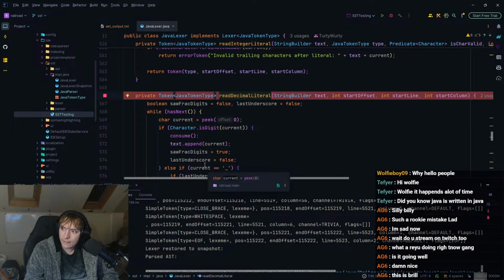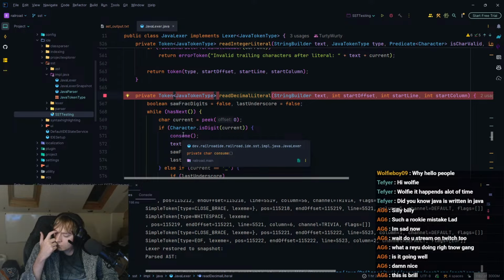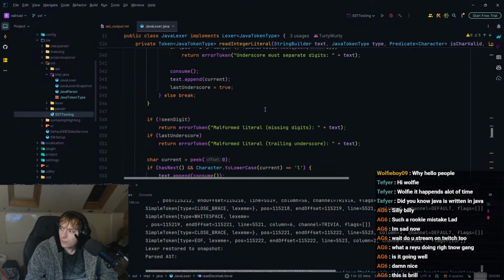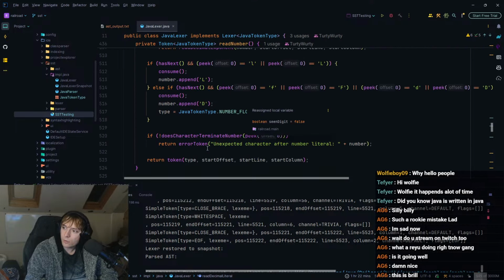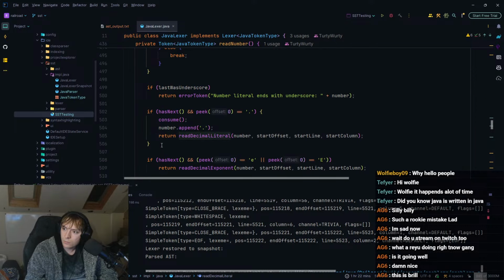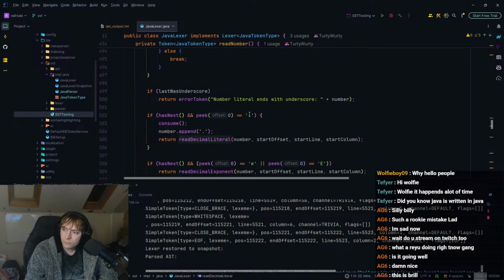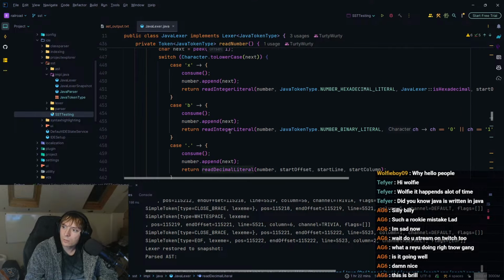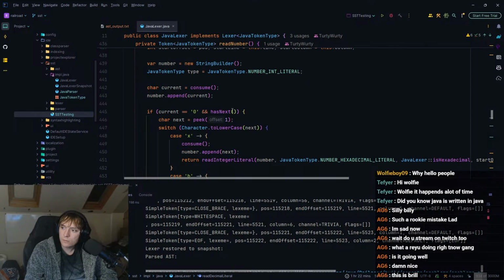How did that not hit? Excuse me? How did that method not just get called? If has next and peek 0 is equal dot. Oh, no, not that one. This one. If current is equal 0 and has next.